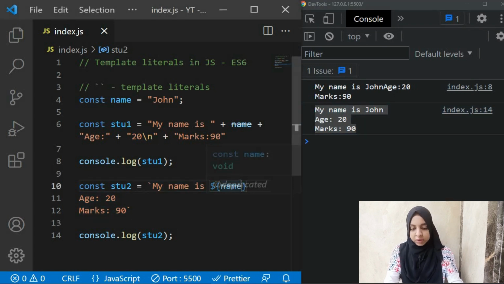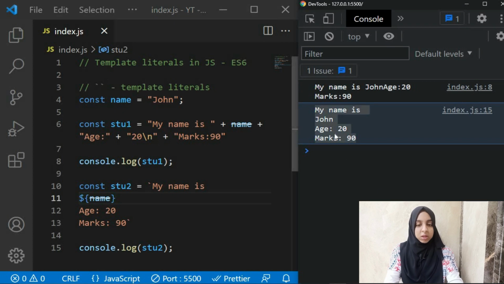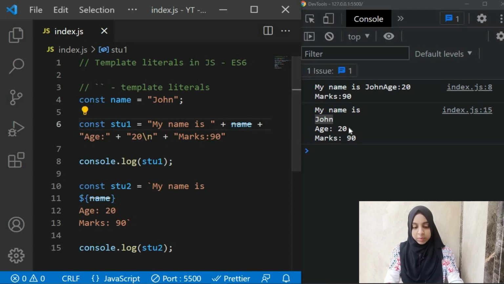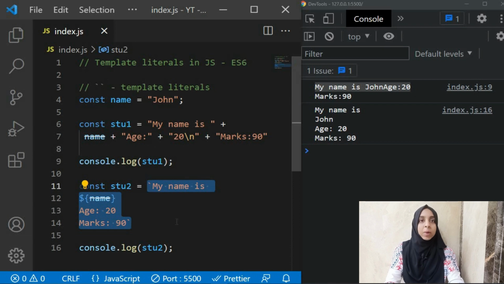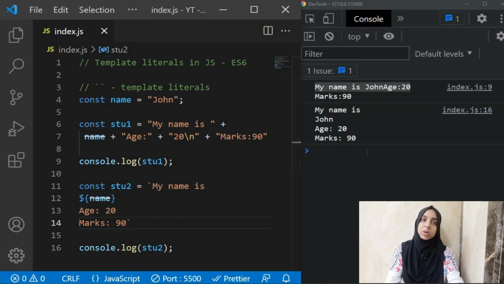For example, if you shift this name to the next line and you save, can you see you get your name on the next line? But here if we do the same thing over here and we save, can you see is there any change? No, we need to use an escape character to go to the next line when you are using your string literals, okay? But here when you use your template literals, there is no need to do that. You just press enter, go to the next line, and in the console it will do it for you by itself, right? So this is how you define your template literals, and this is how you use your template literals to simplify things and write your code really easily.